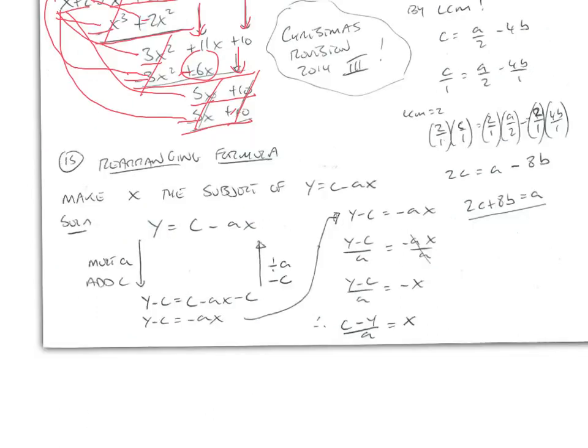Now let's look at rearranging formulas. So make x the subject of the formula that is y equals c minus ax. Well, the solution to these using the method that we've learned in class is we write out the equation and we ask ourselves what is happening to x starting at x. And the first thing we notice is that x is being multiplied by a